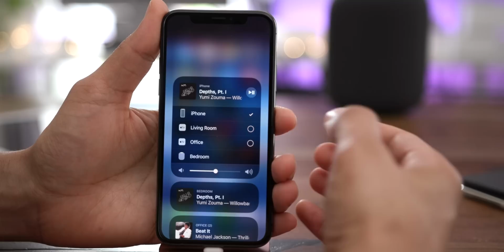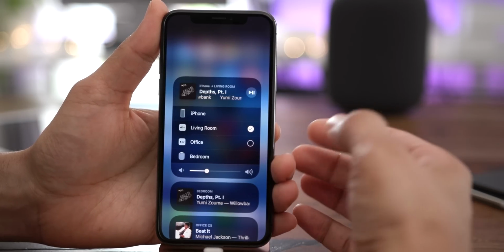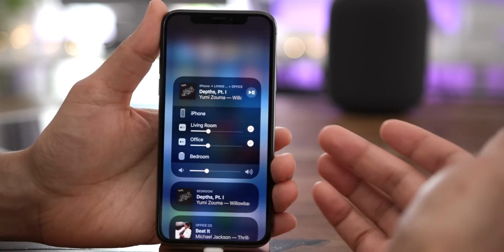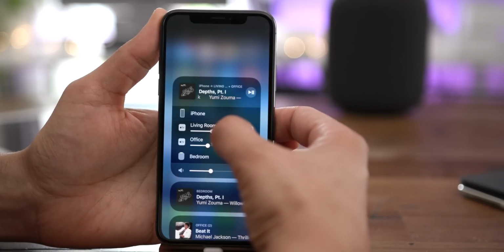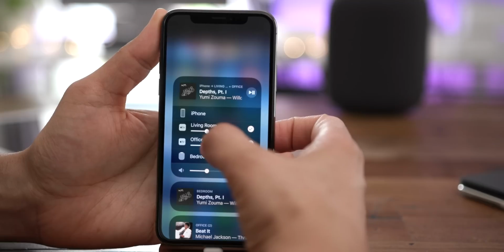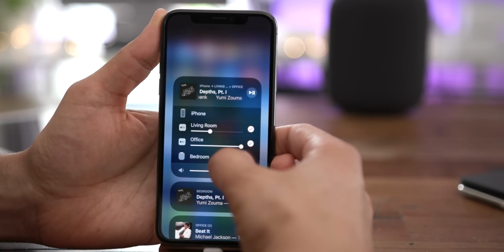So you see those little dots there, you can tap those, fill them in, and select these destinations as speaker outputs. So you can see the two Apple TVs that I have work as speaker outputs, and I can independently adjust the volume of both of those outputs, which is really cool, right? So I can go in here and change the living room volume. I can turn that up, I can turn it down. I can do the same thing for the Office Apple TV, and the audio plays simultaneously in sync at your